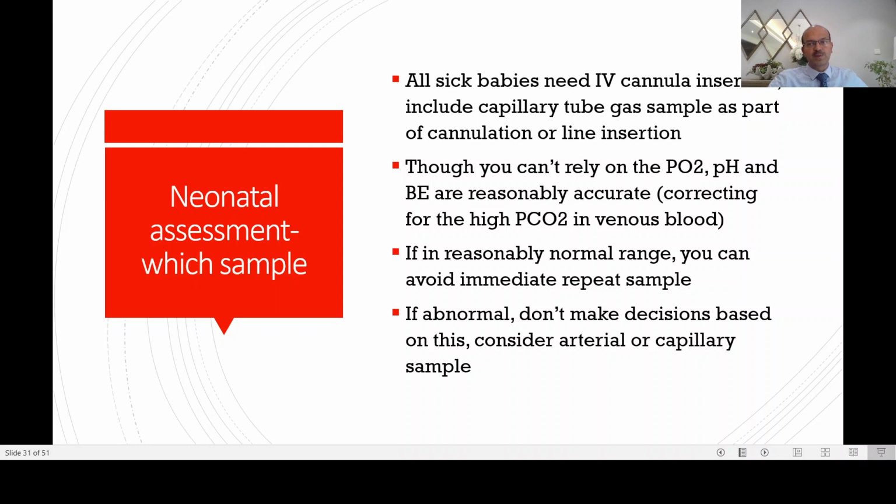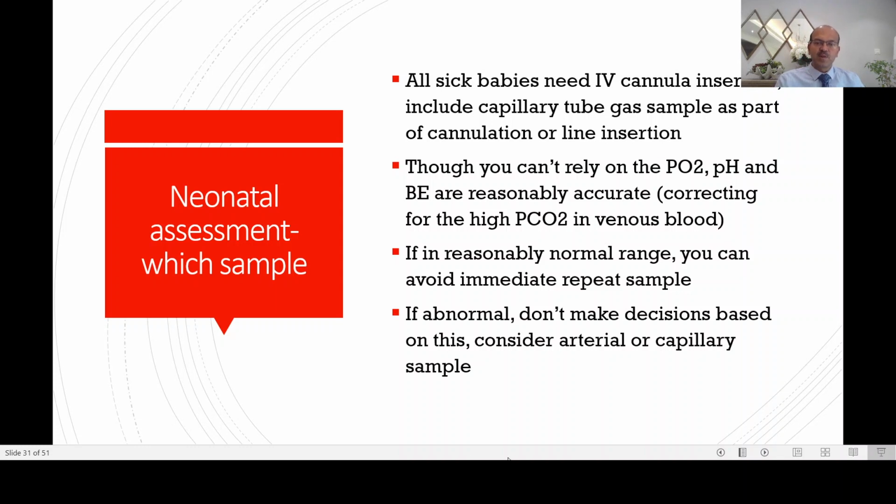And the PO2, of course, you would not look at the venous gas for PO2 at all. And because your carbon dioxide is high, the pH is low, the bicarbonate is interpreted from that by the Henderson-Hasselbalch equation. So that is going to reflect this change as well. So always have a correction. The pH may come down by 0.03 to 0.05 in the venous sample. And in a poorly perfused child, this may be worse. The carbon dioxide again may be 10 centimeters of water higher sometimes.